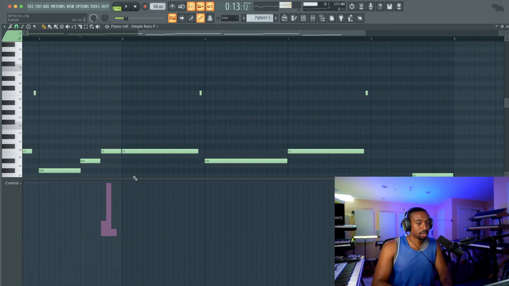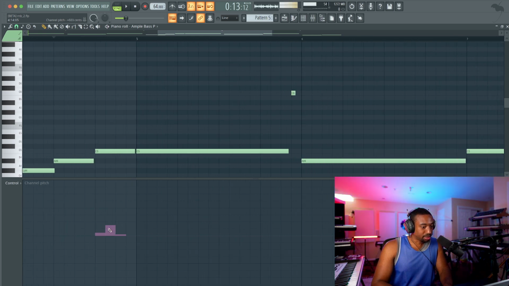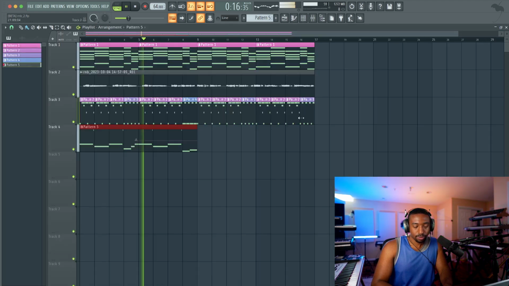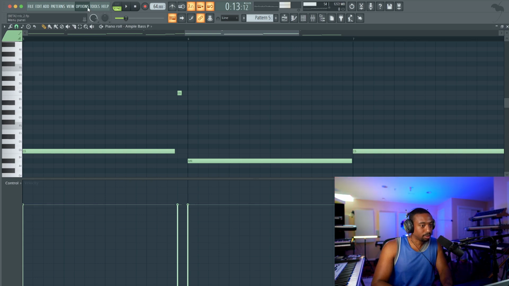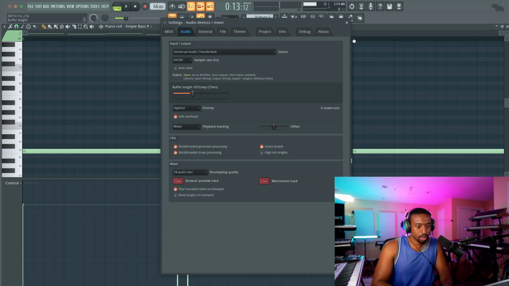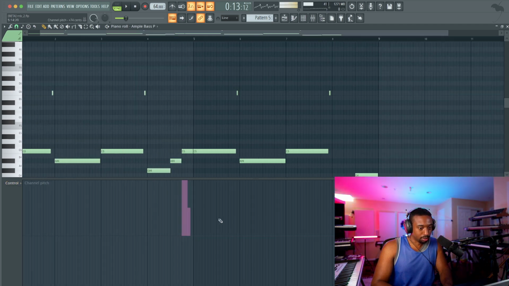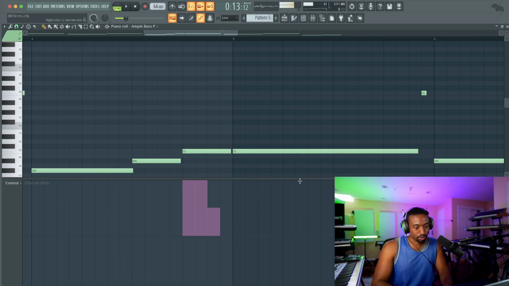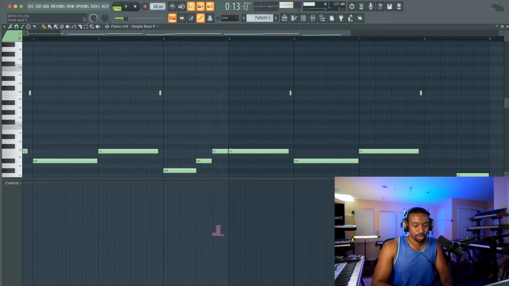So that's how you make your stuff sound more realistic. My bad, the values aren't matching the actual tone, so that's the little weird part. But all of these increments seem to be the noticeable pitch bends. And just make sure, let me up the buffer length, hold up. Make sure that you go back to your channel pitch and that it's at 0 before you hit the rest of the notes, because it'll be out of key. So again, at 0 cents, hit Shift, left click to reset. Not the easiest way to do a pitch bend, but.